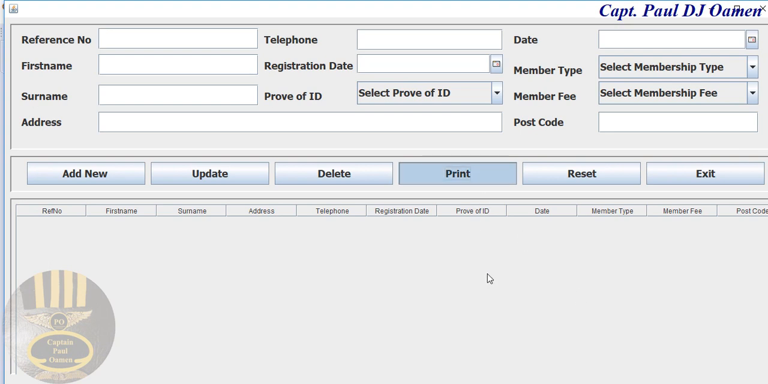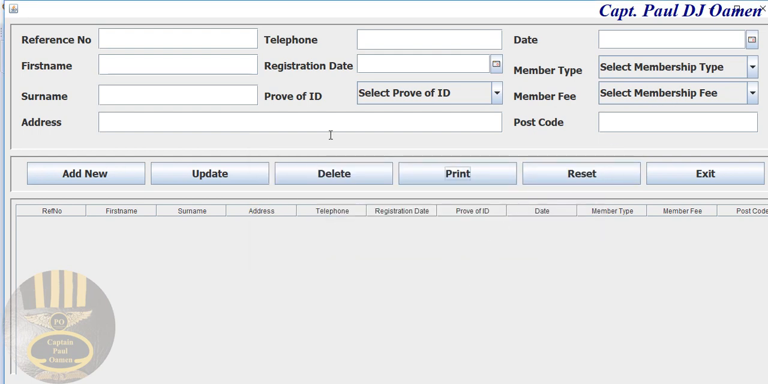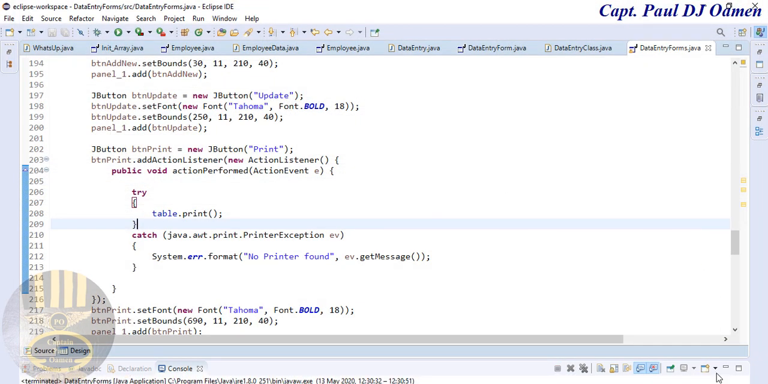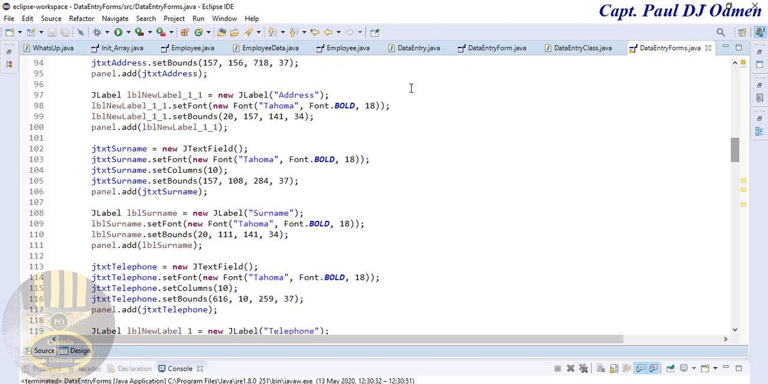Click on print, and there we go. The printing dialog appears. So now let's take care of these other ones. Well, before I can take care of the delete, because I want that to work with the database, first things first, for those,